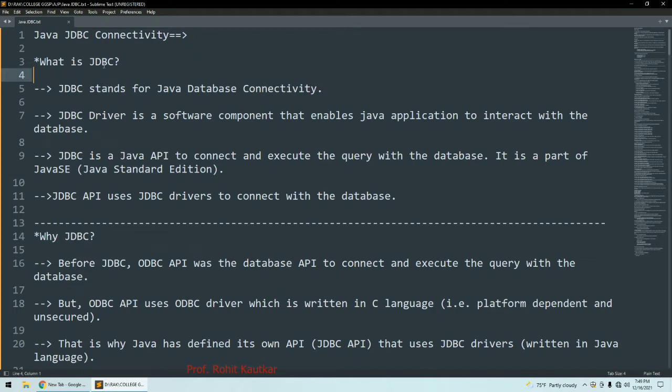In order to connect your Java program with any such database, we require a driver, and that driver is nothing but JDBC. See here, a Java program cannot directly communicate with a database because Java is a high level programming language. So in order to make this happen, we need to use a driver, that is JDBC.